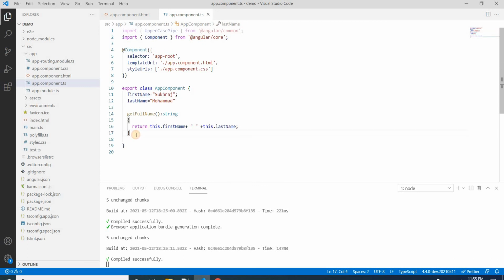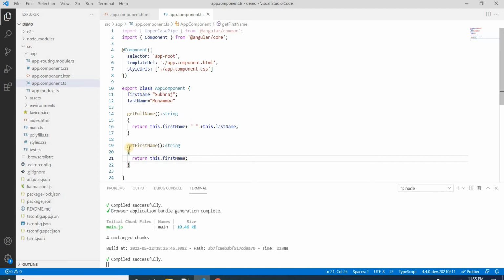Now I will create one more method, because we have already seen how to call a method from the HTML file. If I want to call a particular function inside the same component, let's say getFirstName, which returns only the first name, then how can I call this function in another function?